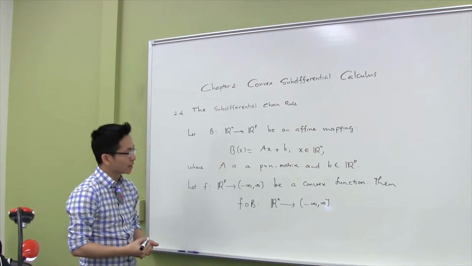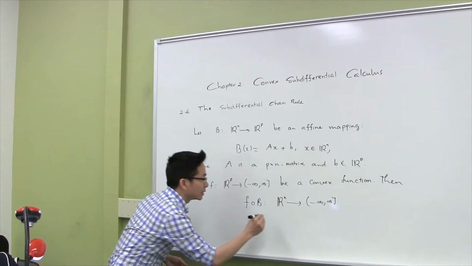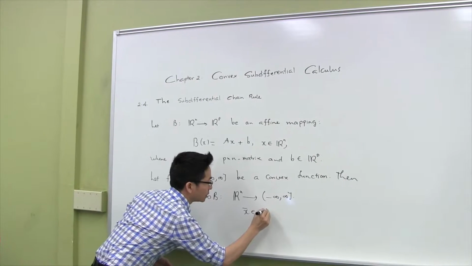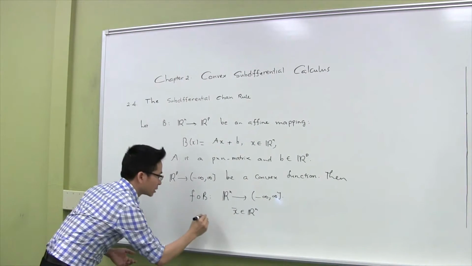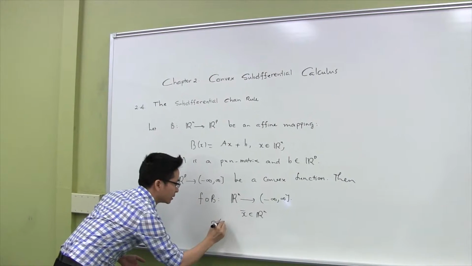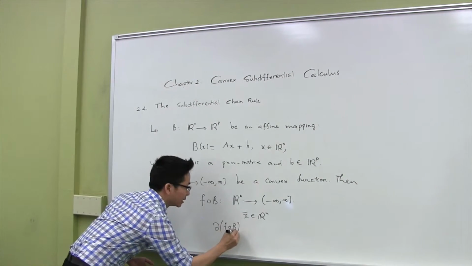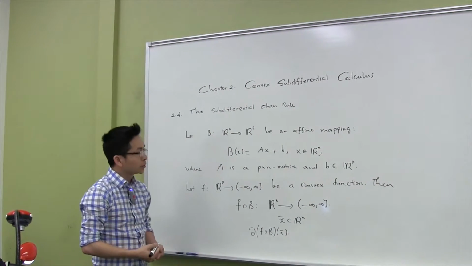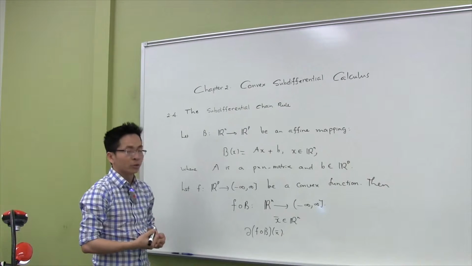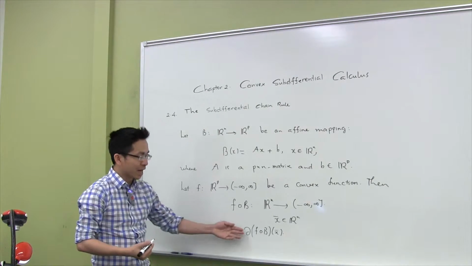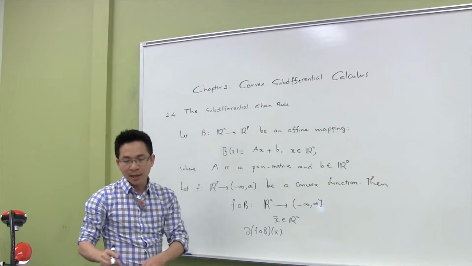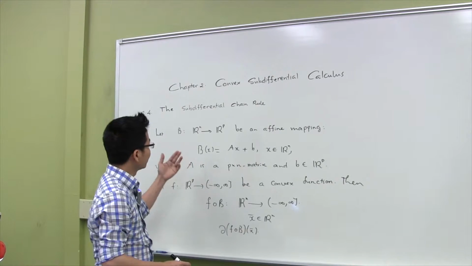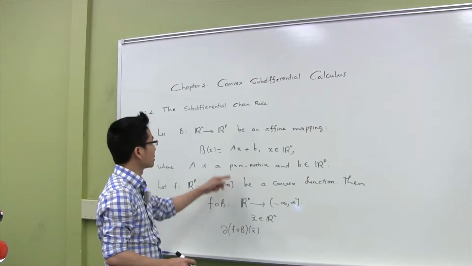So a natural question is as follows. If we fix any x bar in Rn, how can we compute the subdifferential of the composition of f and B at x bar? In this lecture, we're going to use the normal cone intersection rule in order to derive such a formula. And it turns out that this subdifferential depends on the subdifferential of the function f and also the matrix